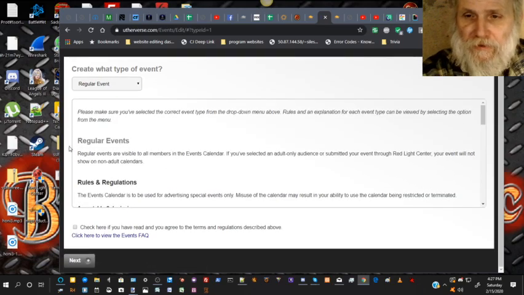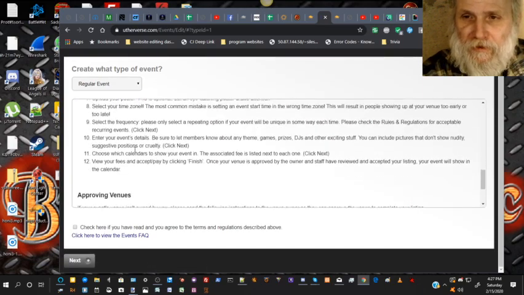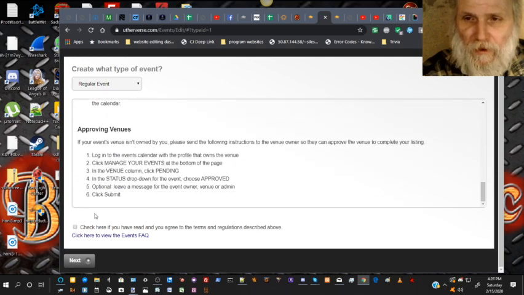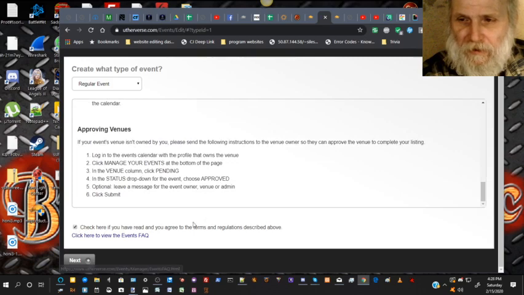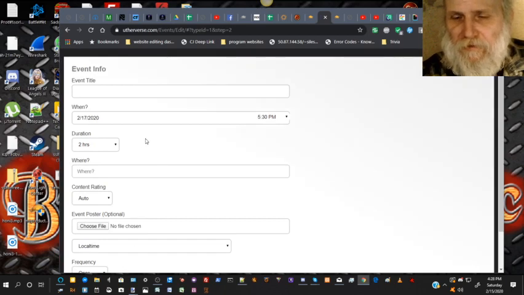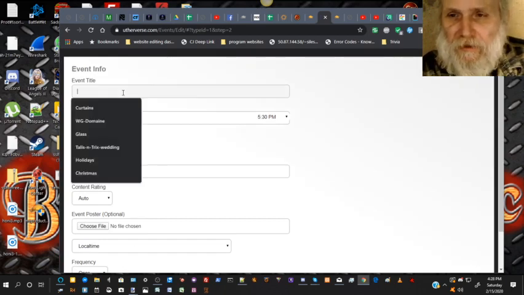Once you select your regular event, you have to read through this right here. It tells you what it's for and how to get it approved. You click check here to make sure that you agree to the terms of service. And right here you can get all the terms of service and all that good stuff. This right here is the important part. This is where you put in your